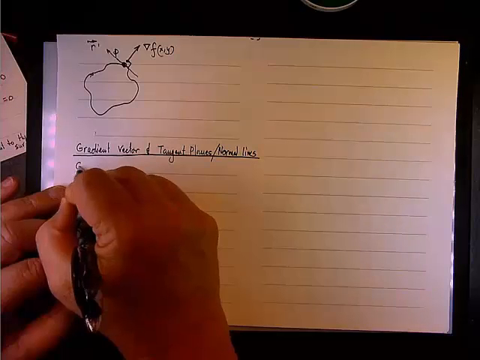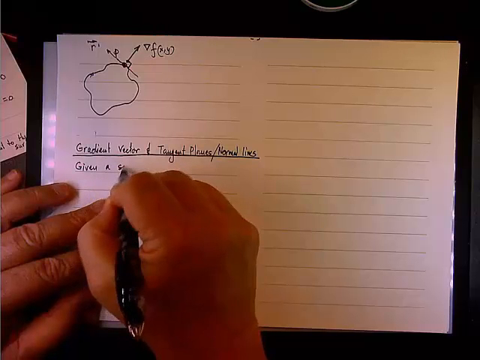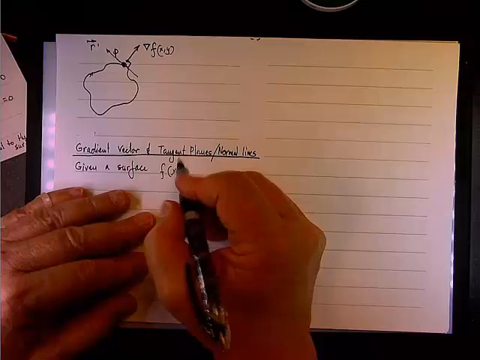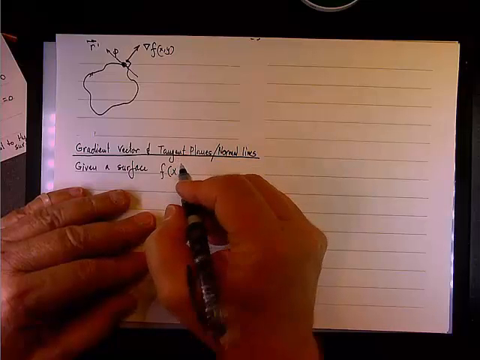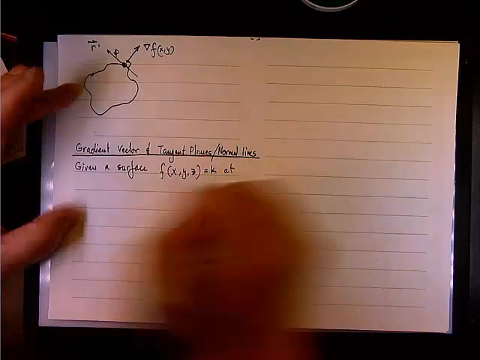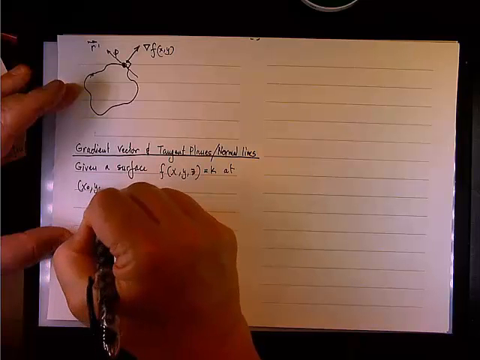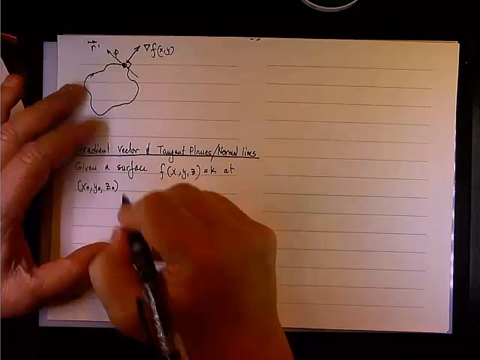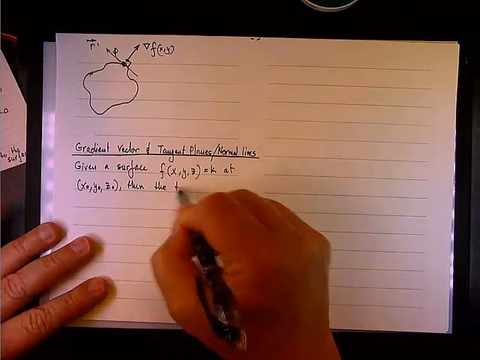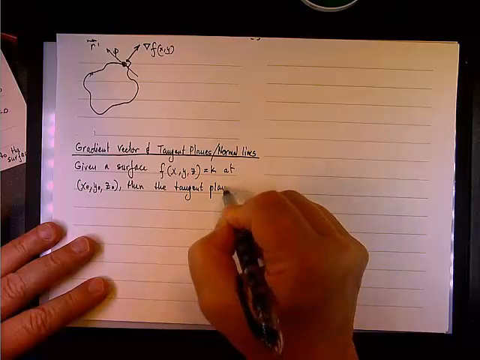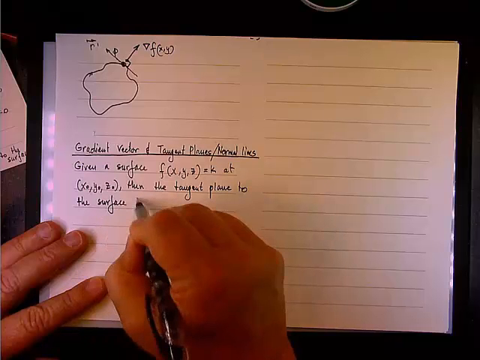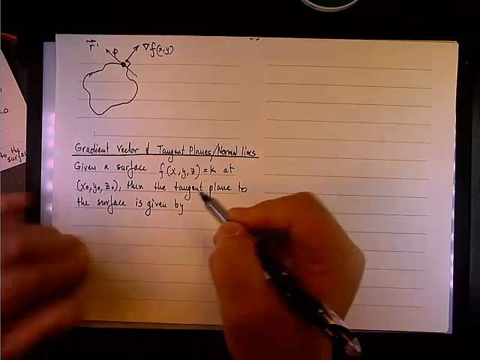Let's say that we're given the surface F of x, y, z equals k at a certain point x sub 0, y sub 0, z sub 0, then the tangent plane to the surface is given by,